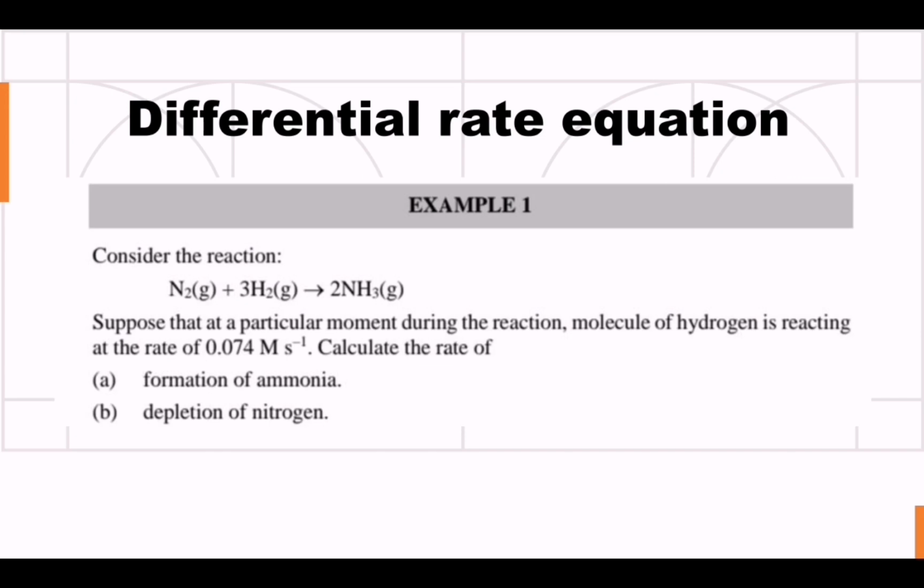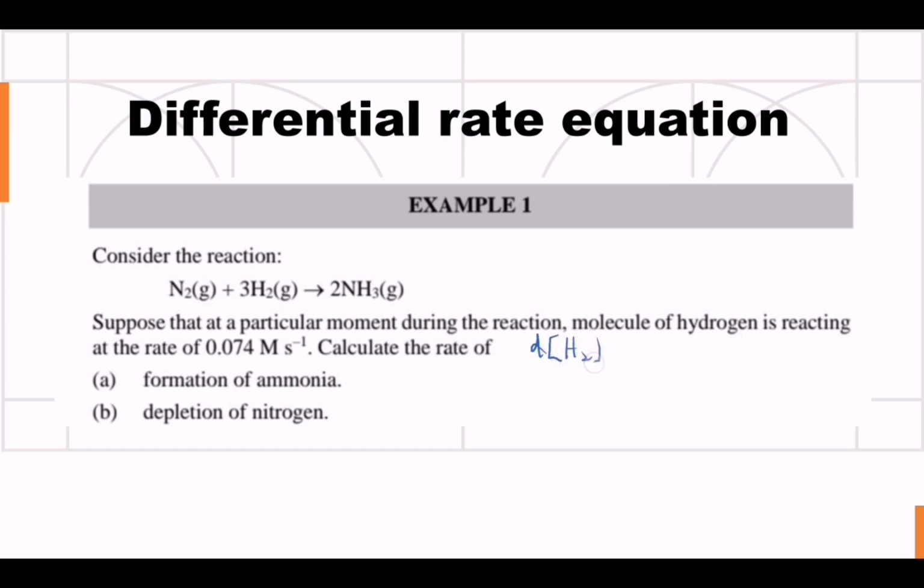Consider the reaction N2 plus 3H2 produces 2 moles of NH3. Suppose that at a particular moment during the reaction, hydrogen is reacting at the rate of 0.074 molar per second. You have to calculate the formation of ammonia and depletion of nitrogen. So let's look at the information given. As we can see here, hydrogen is reacting at a rate of 0.074 molar per second. So the information given is